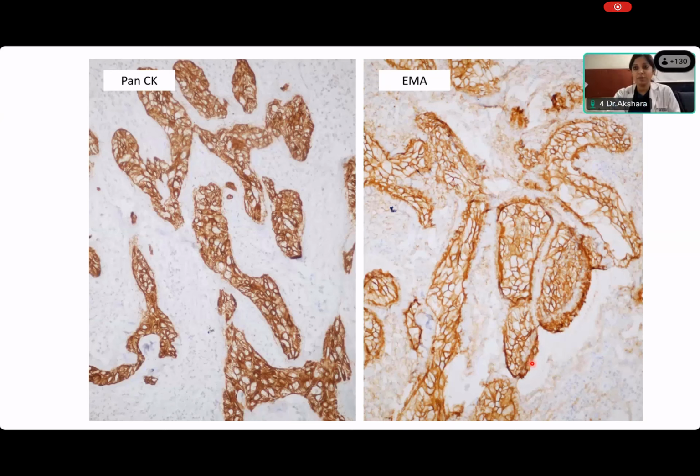EMA is negative in myoepithelial cells. So these are exactly. EMA is negative in myoepithelial cells. Okay. So it has to be an extremely odd myoepithelial tumor to express EMA. So with two simple stains, and you saw it. You saw this CK and EMA in the clear cell carcinoma. So here we have this. So it's not a myoepithelial cell tumor because there's EMA positive.